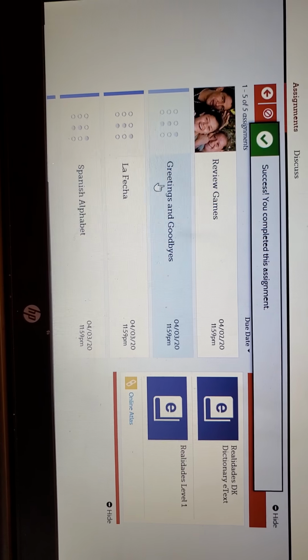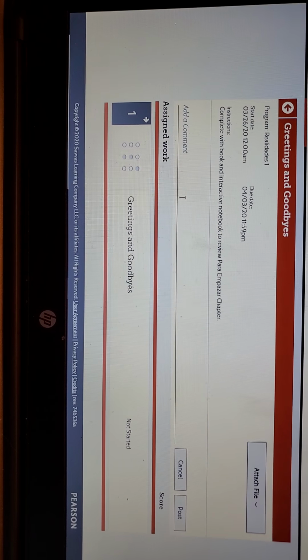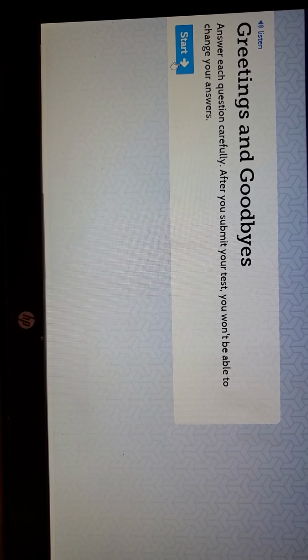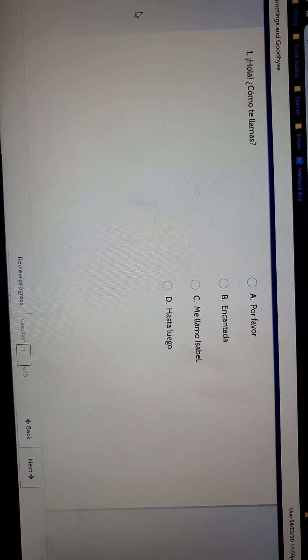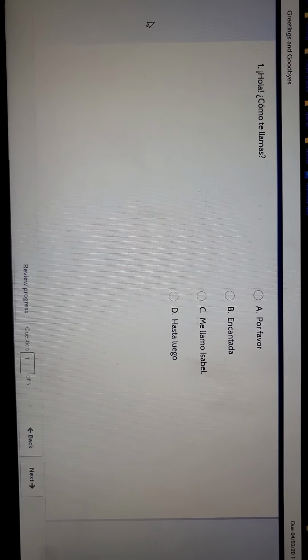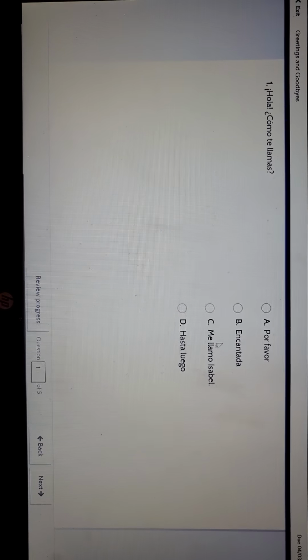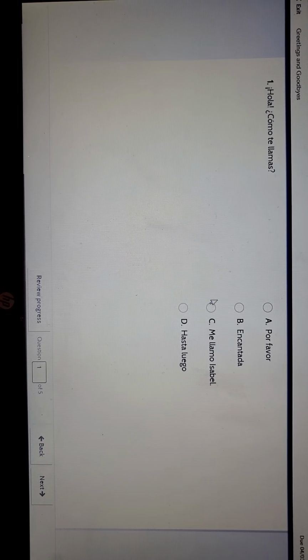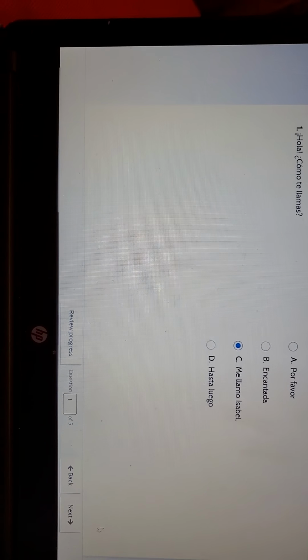So this time I'll actually answer stuff so that you can see more of what's going on. So we'll click on that, and here it is. Answer carefully, and then start. Hola, ¿cómo te llamas? You're going to choose what would be your response. I am not going to choose right or wrong. I'm just clicking buttons. Everything I'm going to click is going to be C, so I'll pick C. Next one, Encantado. I'm going to click C again. You would obviously go through these and see which is the correct answer. I'm going to click C, and C,